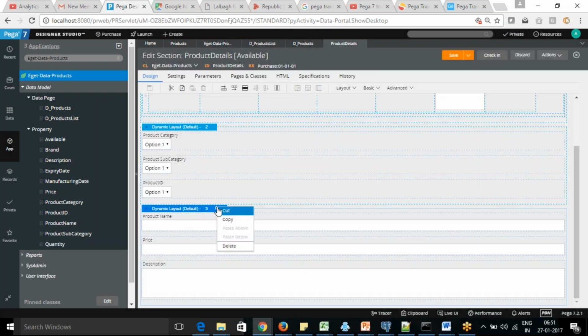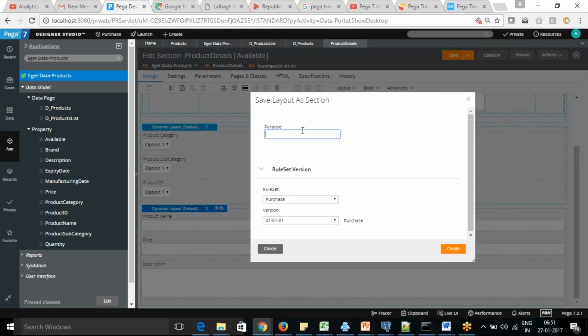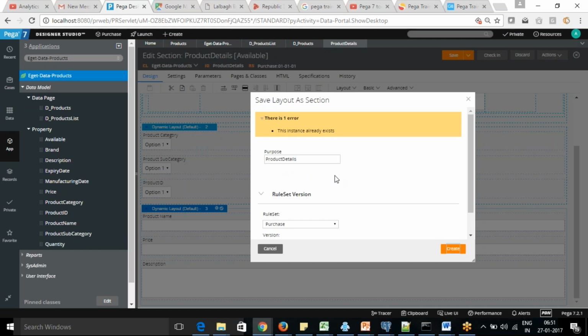So this one I'm going to keep. What I'm going to do is store this in a separate section. Okay. So I'm creating a separate section to put it here.